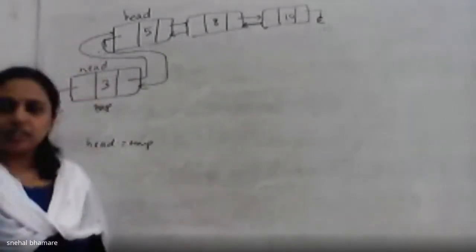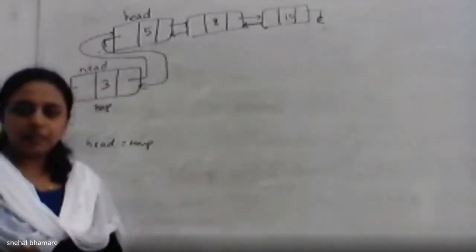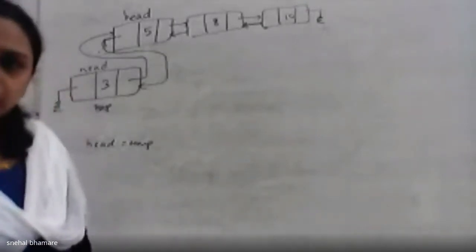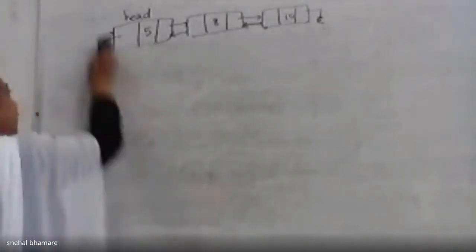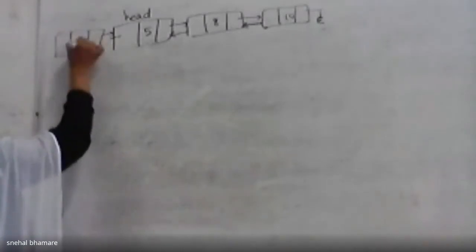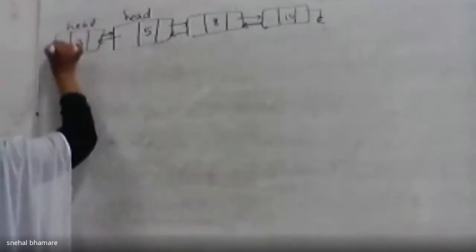Now head is going to point to this node. Automatically this node will get inserted at the first location. Is that simple? Yes? Now we will see the function for that. So this 3 will get automatically added over here. Okay. Now how it is done, that we have to see, right? We will write a function for that.